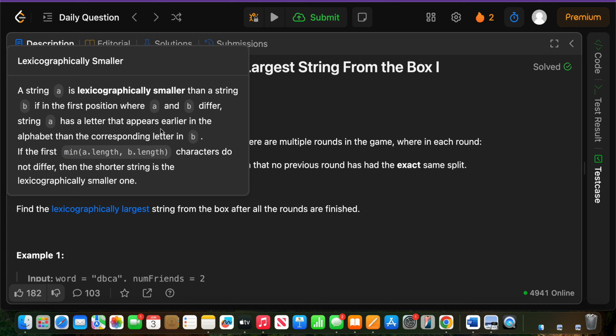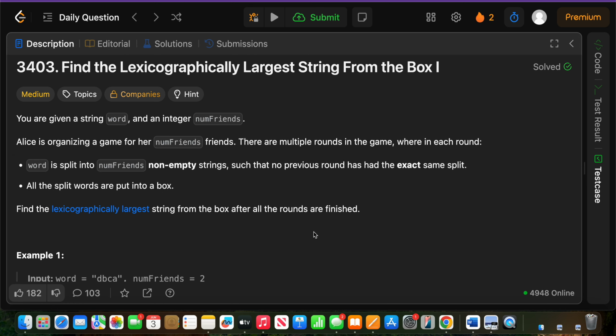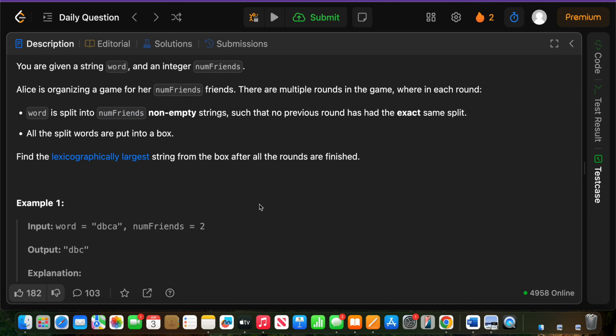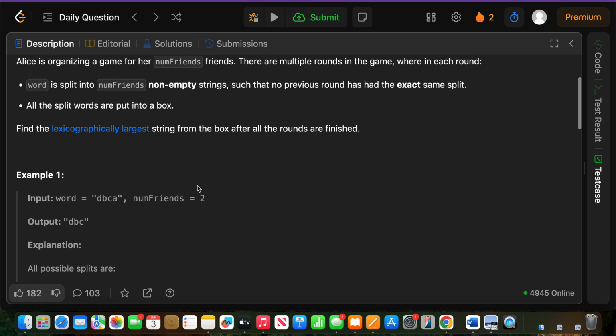If the first min(length of A, length of B) characters do not differ, then the shorter string is the lexicographically smaller one. Right, and effectively, we need to find the lexicographically largest string from the box after we complete all of these rounds. So looking at how this pans out in the examples here, in example 1, we have our word